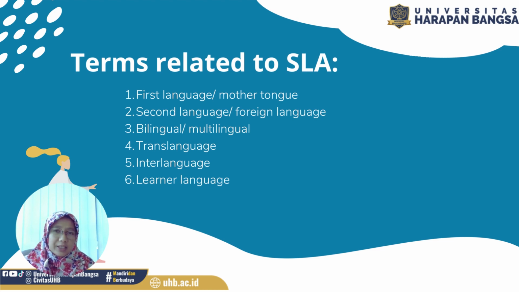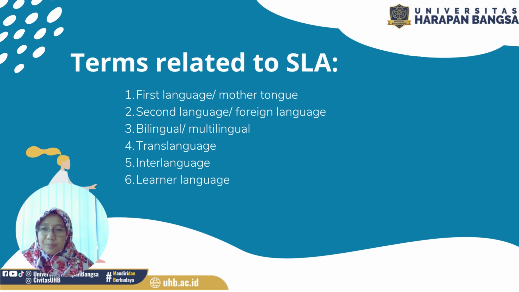Okay, in addition, when individuals learn more than two languages, maybe in their daily life they use more than two languages, they are still called second language. Although it's more than two, they are called second language because there isn't any third language or fourth language. So the language that they learned after they acquired their first language is the second language. There isn't any third language or fourth language.